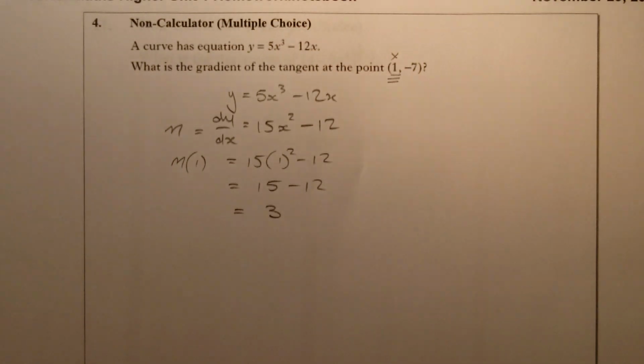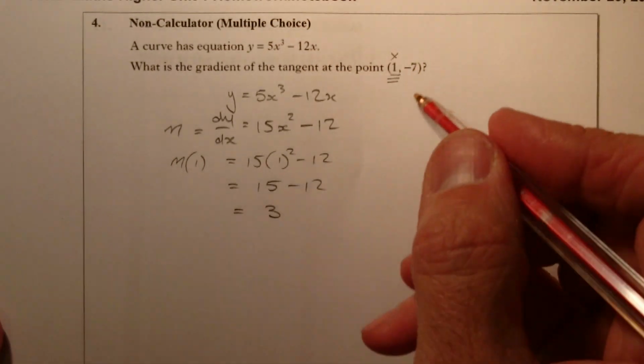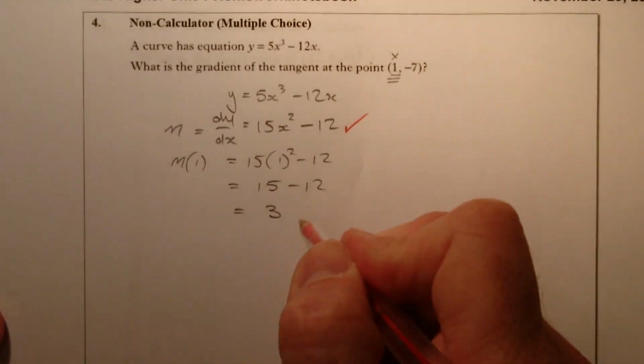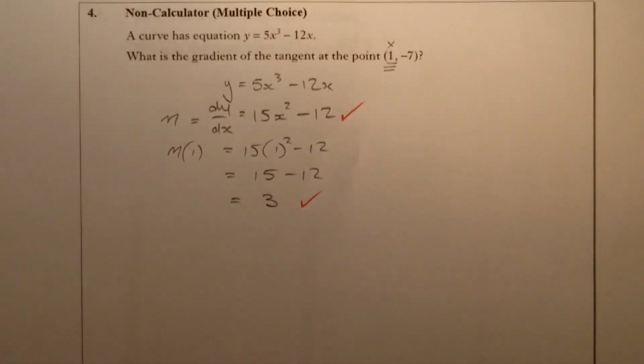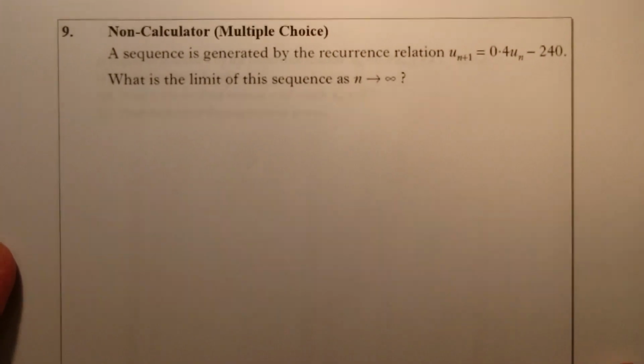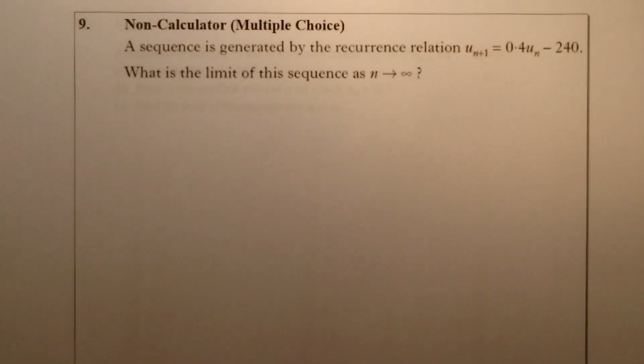Marks for this one: 1 mark for differentiating correctly, 1 mark for working out the gradient. So that's another 2 marks there. Next question. Okay, what we have here is a sequence generated by the recurrence relation u n plus 1 equals